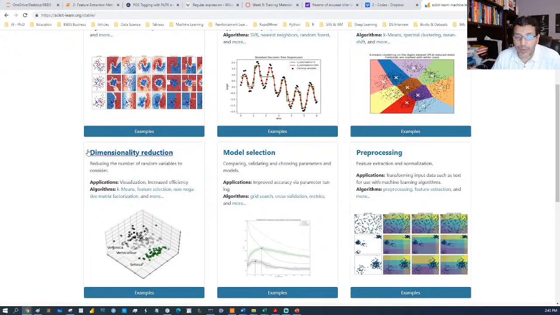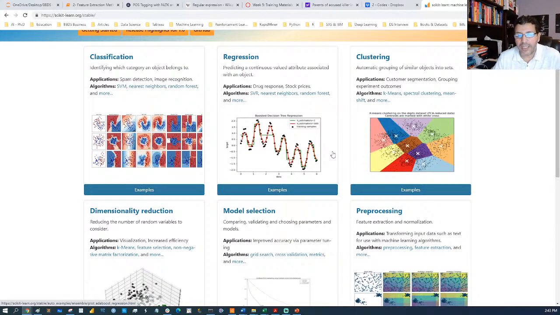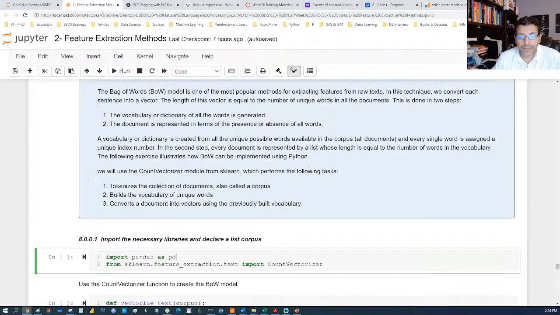And of course, we can use it for dimensionality reduction, model selection, and pre-processing. It's a great package that I use for data preparation, pre-processing, and also for modeling, tuning, and optimization, and dimensionality reduction. So we are going to import the count vectorizer method from scikit-learn,